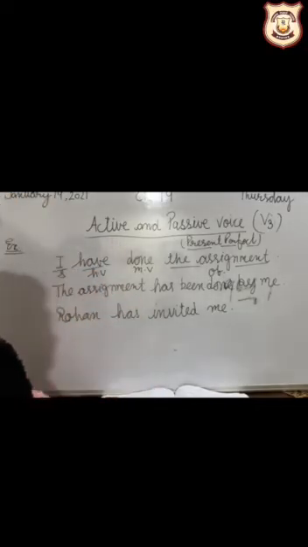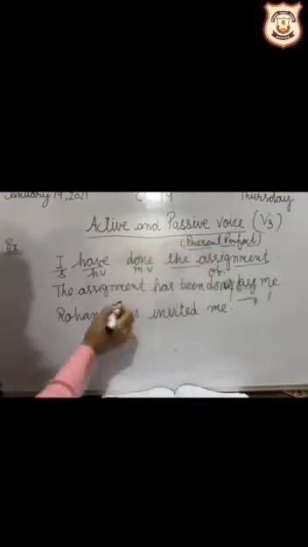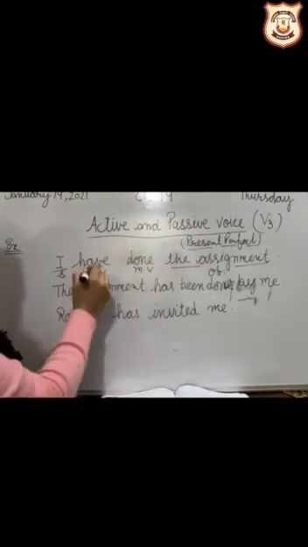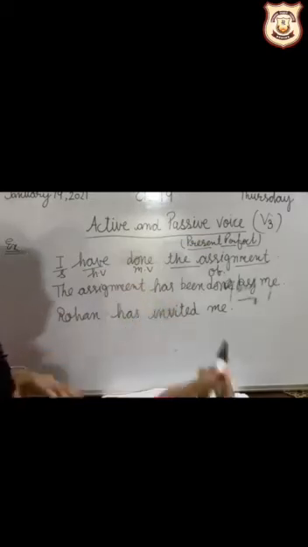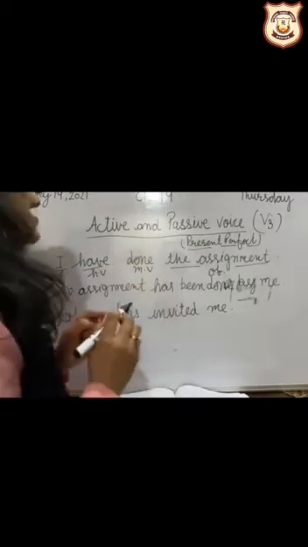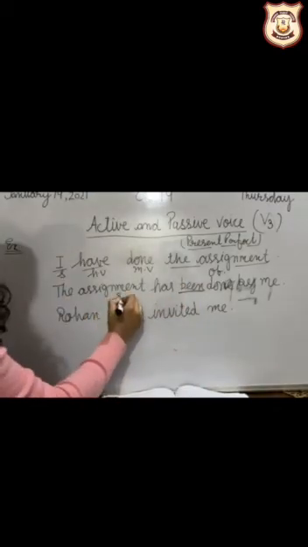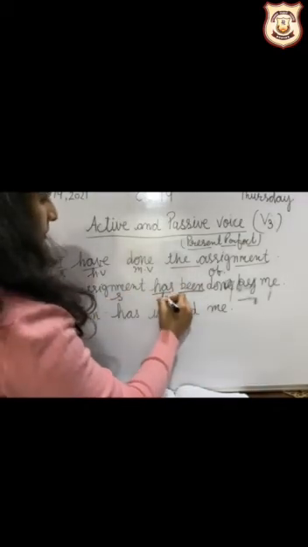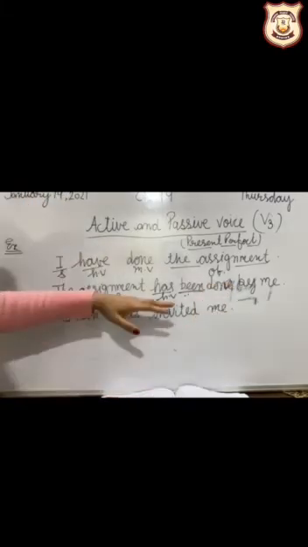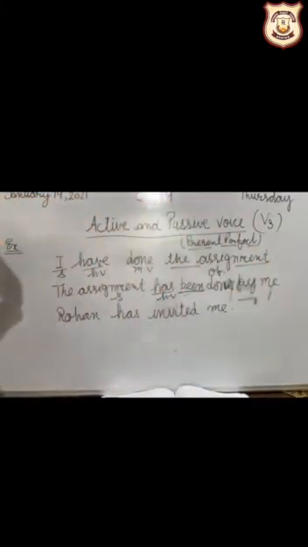In this way we will change. Whenever present perfect tense is given, it means we have has, have plus V3. So we are going to add been also. So now this is a subject, helping verb. We are also going to add been, and done by me. In this way. Now see another example.